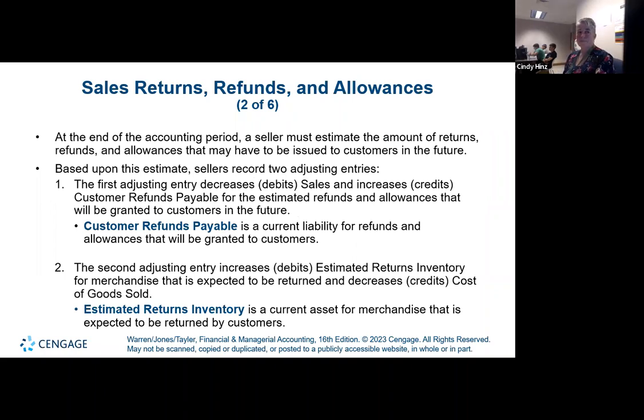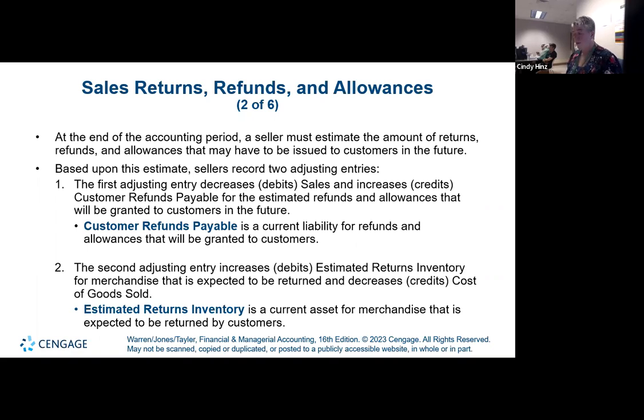Okay. So as long as we allow customers to return product, we have to take that into account. We've talked about, starting in chapter 3, the concept of the matching principle. So the matching principle says we record revenues when we've earned them. And we talked about that 4-step test. We need to meet all 4 steps. And once we've met those 4 steps, we can record the revenue. In fact, we must record the revenue in that period.